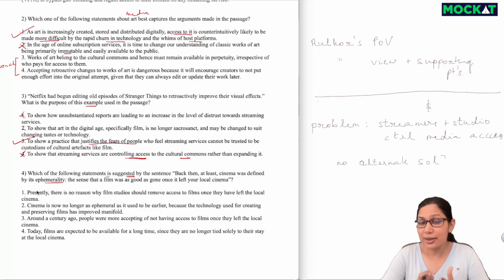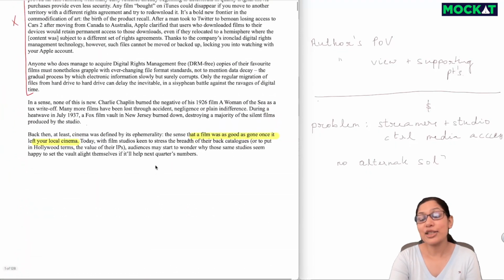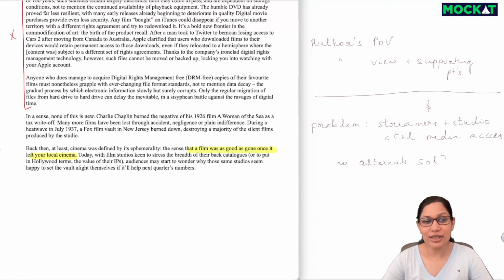So a lot of times you'll be able to infer the meaning of a word or a difficult sentence from what is given around it. And it's something which we do in every class. But now coming back to this question itself, they're not asking us what this sentence means. They are asking us what is suggested by this sentence. And that is why, again, you have to look at it in context.